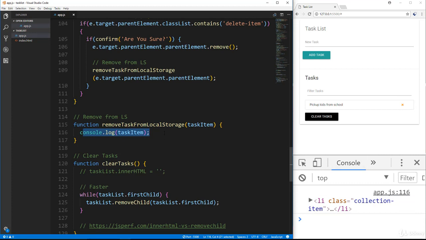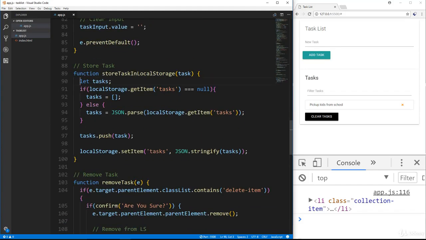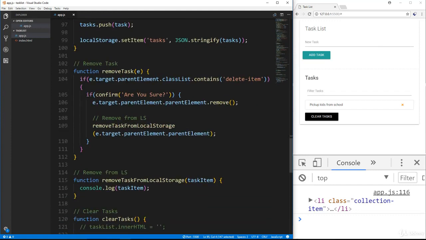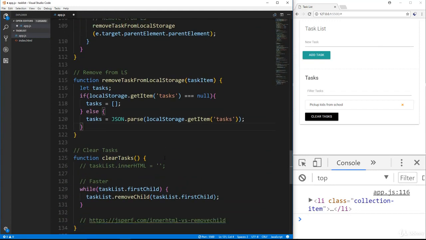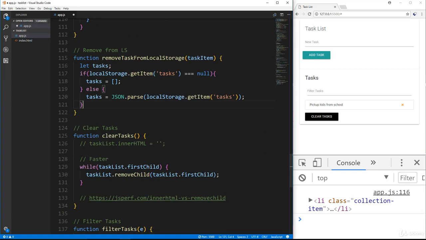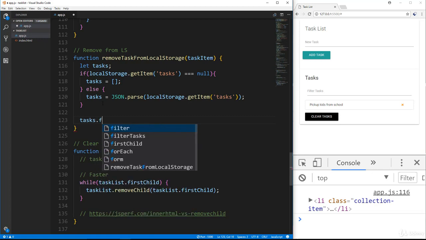So what I want to do is first check local storage, put it into a variable, just like we did here. So we're going to go ahead and put that in. Check to see if it's null. If it is, then it's an empty array. If not, then we're going to set this variable. Then we're going to loop through it. So for each